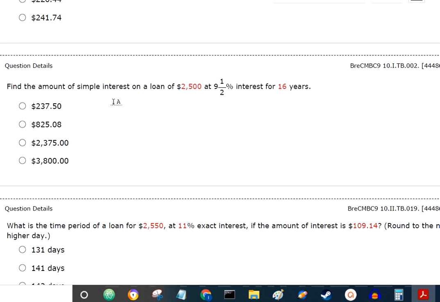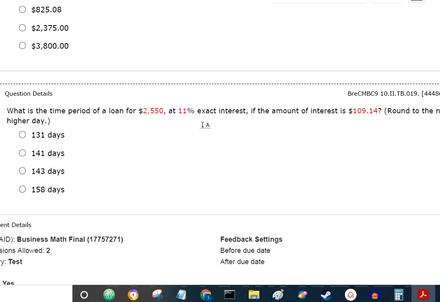This is just a simple interest question, which we did before. I'll just set it up real quick. And then question 29, time period. We haven't done this one yet. Plug everything in where it's supposed to go into the simple interest formula. The interest is $109.14, so I plug that in for I. The loan was for $2,550, so that goes in for P. The R, the rate, is 11%, and the